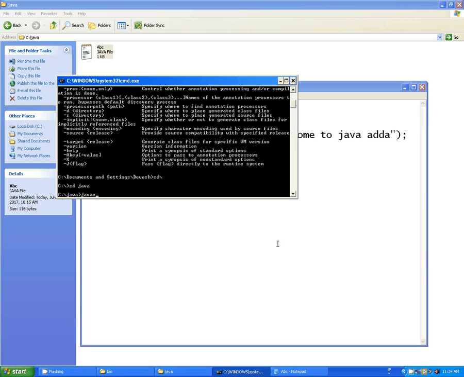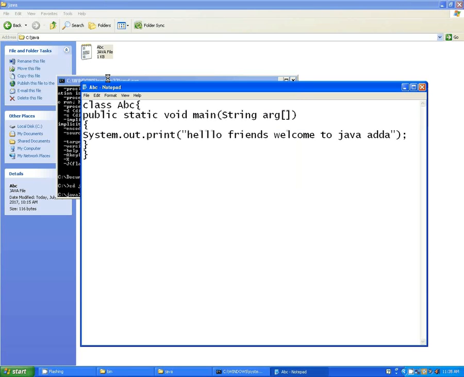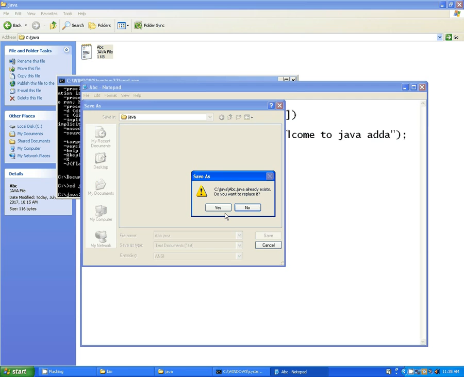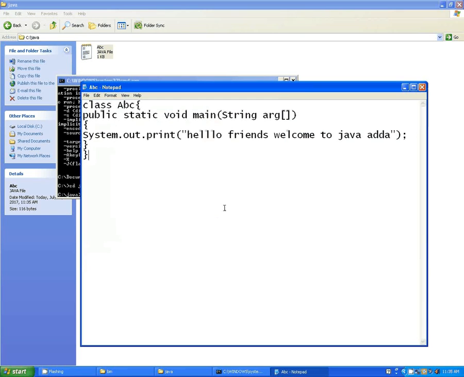Always remember, the name of the file which you are saving must be the same as the class name containing the main function. So ABC.java. I save it. It is already existing, so it is showing that message.